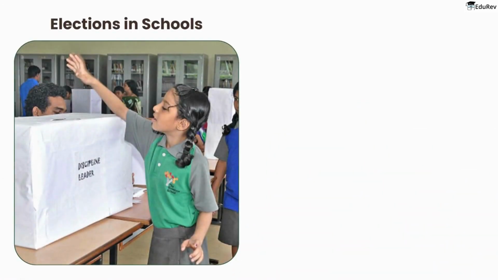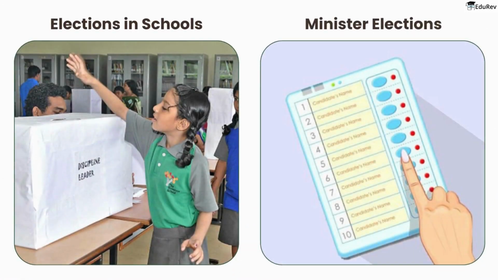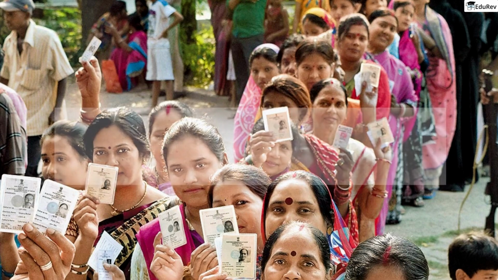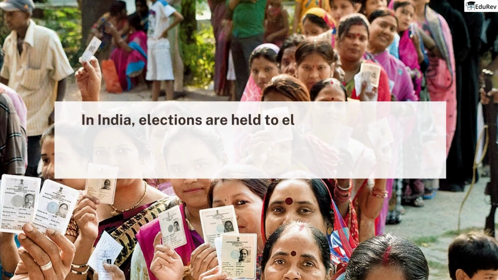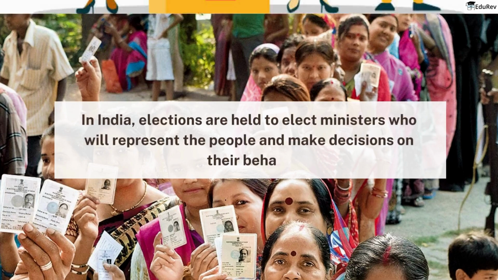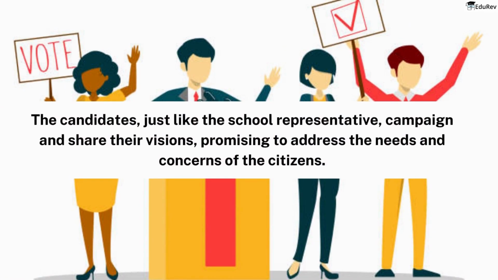Just like we select a head boy and head girl for our school, we elect ministers for our country, India. In both cases, it's about choosing the right person. The citizens of our country participate in a similar process on a larger scale. In India, elections are held to elect ministers who will represent the people and make decisions on their behalf. The candidates, just like the school representative, campaign and share their visions, promising to address the needs and concerns of